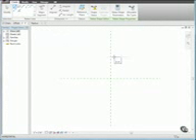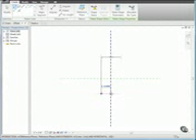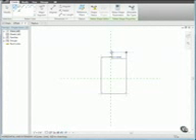From the Rebar Lines panel, click Lines. Then click to the right of the vertical reference plane and draw a horizontal line to create the top surface of the rebar. Then draw a vertical line to create the inside loop. Then draw a second horizontal line to create the bottom of the rebar. Then draw a second vertical line to create the outside loop. Finally, draw a horizontal line to complete the rebar sketch. Then click Modify